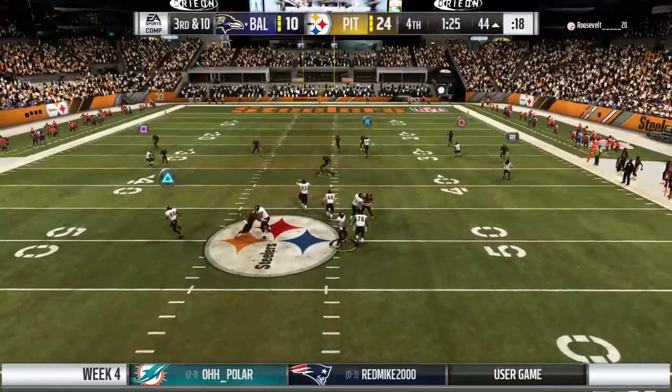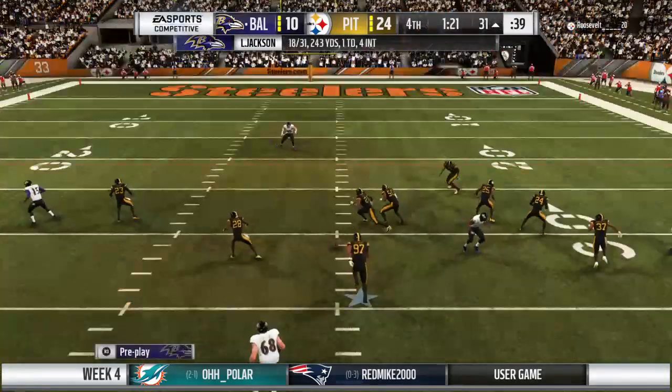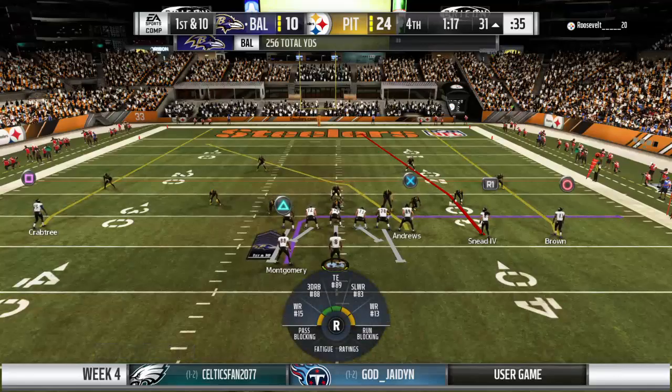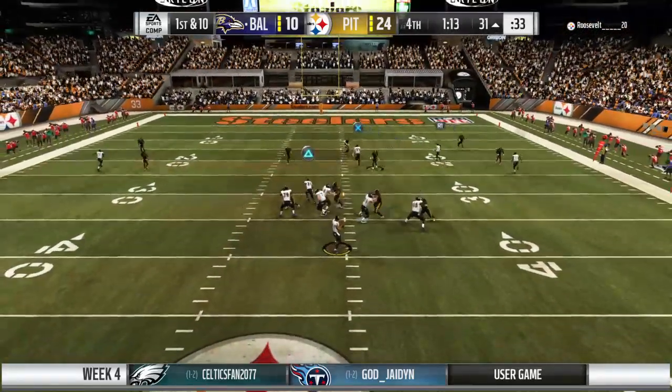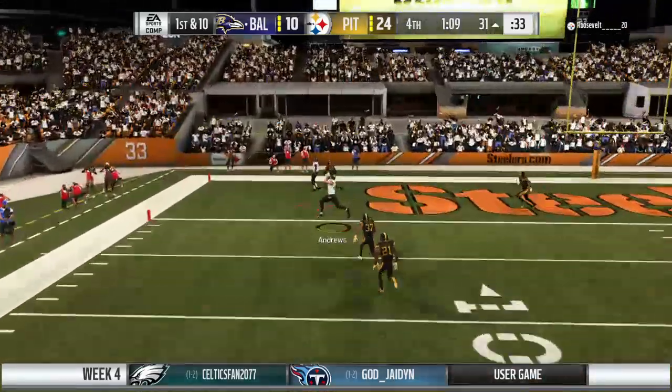3-19! On 3rd down, Jackson, and able to find John Brown. The Raven passing game getting in sync. Another 1st down. 1st down now, but that clock rolling. They'll throw on 1st down with Jackson. It must be something about the night air, because he is putting on an...